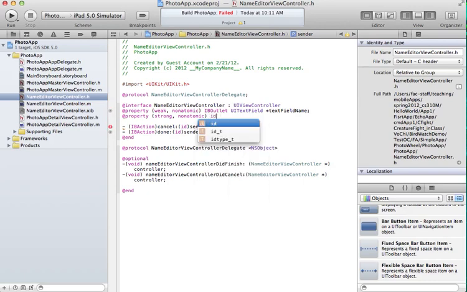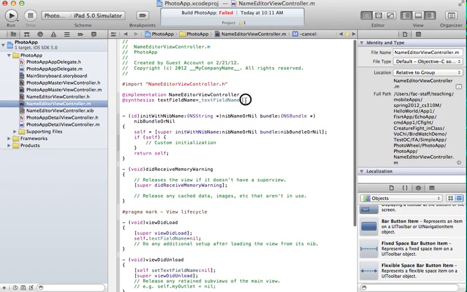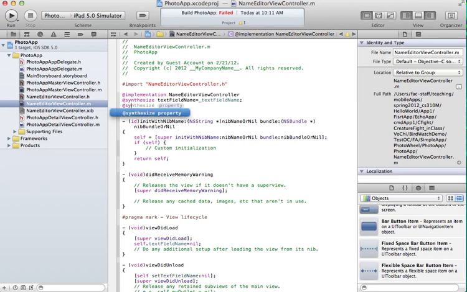Now, the way you declare a delegate property is like this. It's an id, because it can be any class, but I'm going to force it to be a name editor view controller delegate, and the property is going to be delegate. These are mostly the compiler directives, so the compiler knows what's going on. Okay. Now I'm going to synthesize this as well in my .m file. So synthesize delegate,